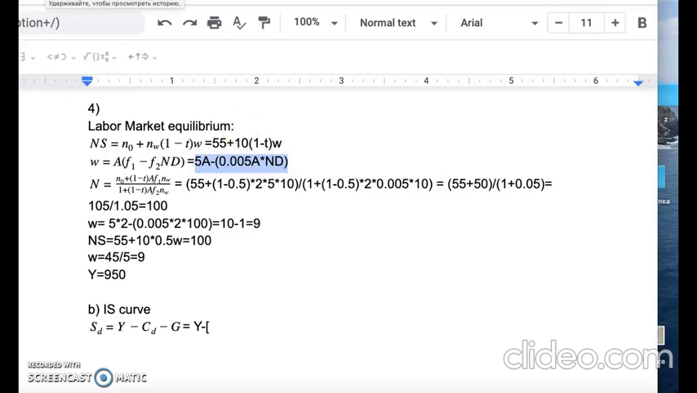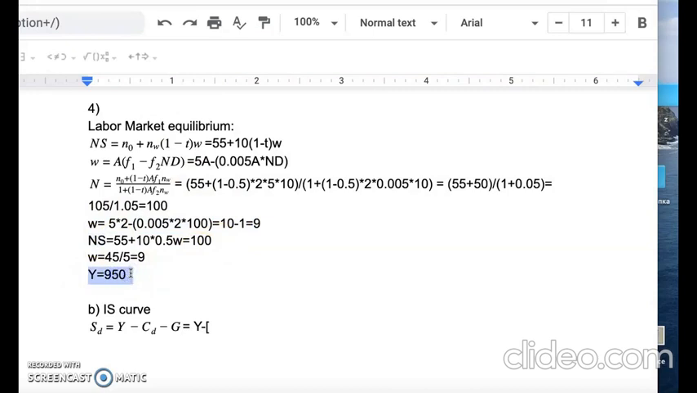substituting the latter equation into the former and equating labor supply and labor demand, it will give us 100. We use the formula where we can equate labor supply and labor demand. So we have N equal to 100. After that, we can find the real wage value and labor supply value, and finally we can find the